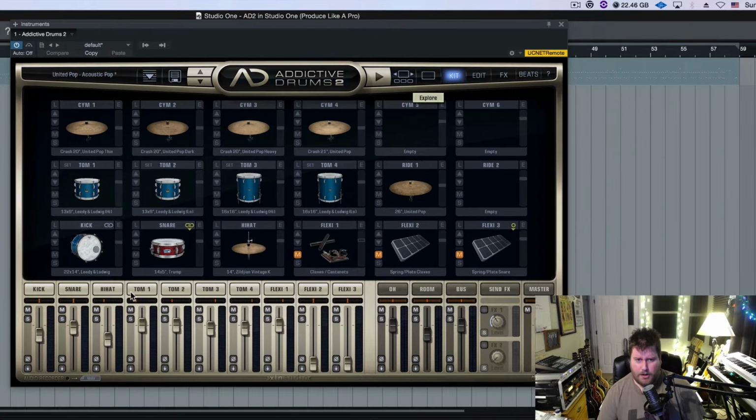So we're looking at all of the kit pieces. All right, we've got the kick, snare, hats, 4 toms, 3 flexi tracks, an overhead, a room, and a bus. Now, I don't want to use all of these. We can use all of these, and if you did want to do that, you would hit this arrow down